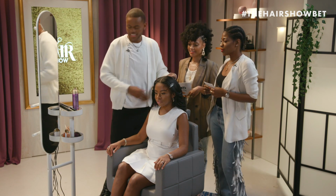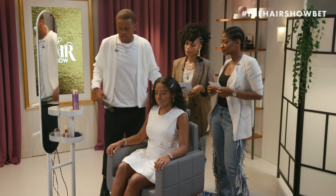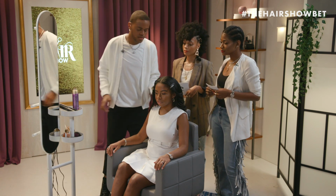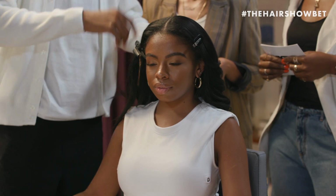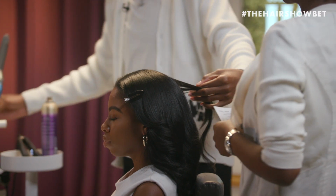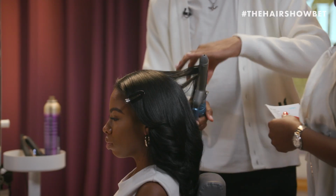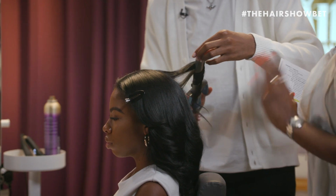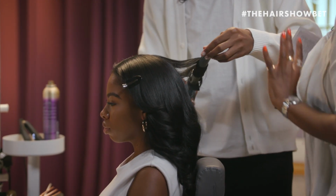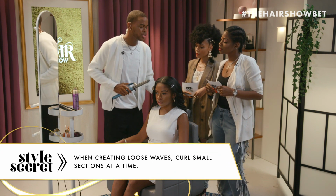Thank you. So what's happening here? What kind of curls and waves are we getting into? I'm just doing a loose barrel curl, but then I'm going to brush it out with one of my favorite brushes. I'm taking small sections because I don't want the hair to be too loose, but I also don't want it to be too tight. So I'm just taking this curling iron. So for it to not be too tight, is that the trick? You take smaller sections? I take smaller sections and then in the end I just brush it out